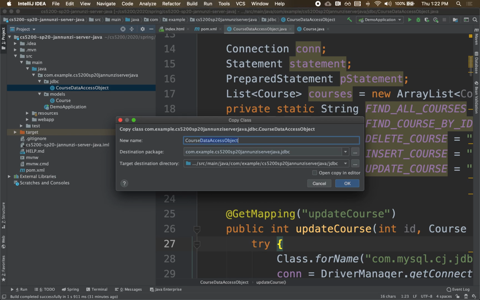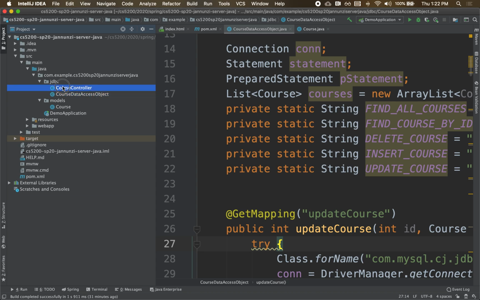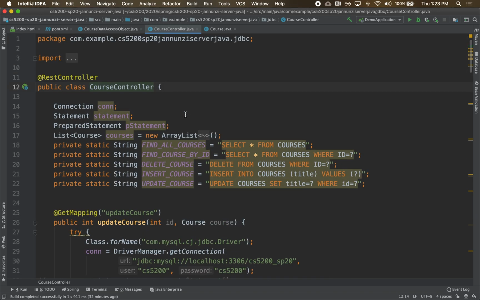So ideally, what we want to do is copy this and put it into a course controller. A controller has the role of exposing some behaviors or some data at some URL. That's what the role is. Whereas the data access object's role is to actually access the data, but they should not cross. Each one should have its own very defined role. So let's break this up a little bit. The course controller